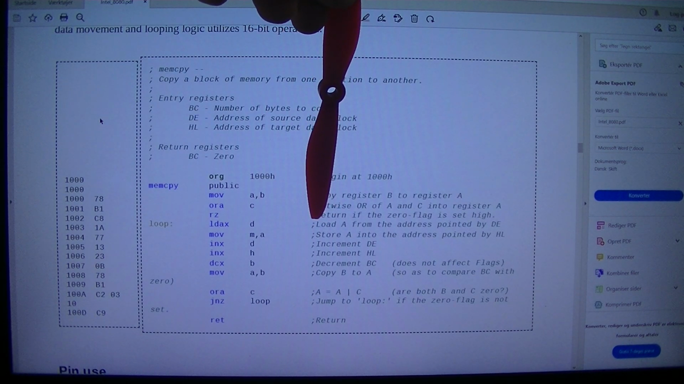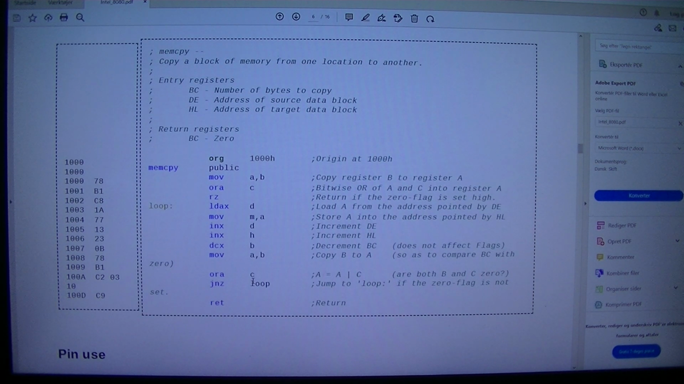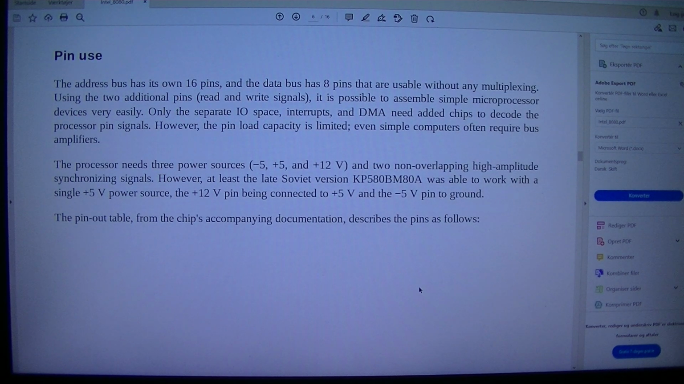Loop: LDAX D, load from the address pointed by D. MOV M,A, store into the address pointed by HL. INX D, increment D. INX H, increment HL. DCX B, decrement BC, does not affect flags. MOV A,B, copy B to A, so as to compare BC with 0. ORA C, A equals A OR C, are both B and C 0. JNZ loop, jump to loop if the zero flag is not set. RET, return. Pin use. The address bus has its own 16 pins, and the data bus has 8 pins that